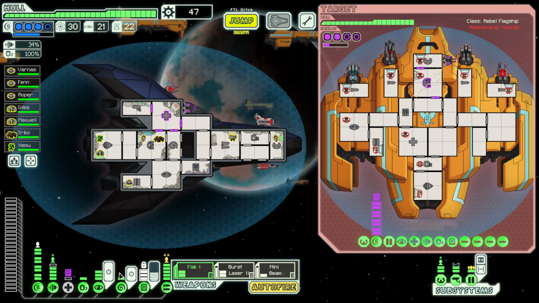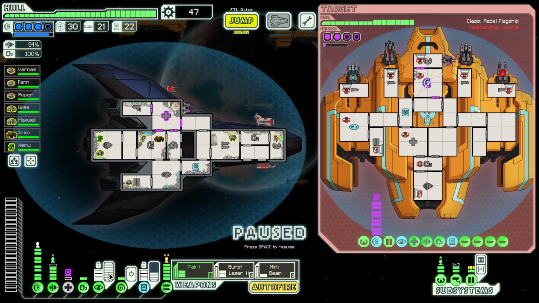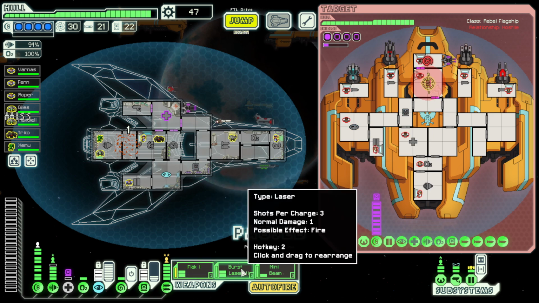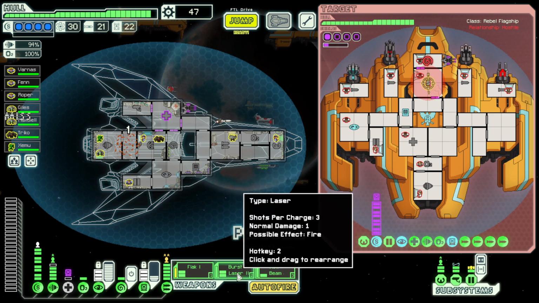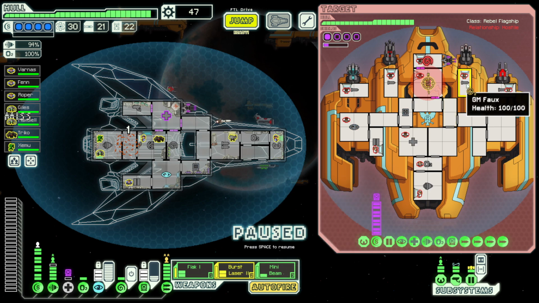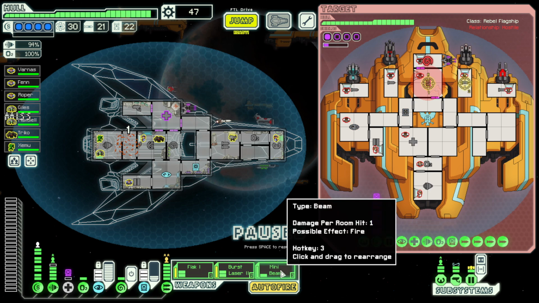Missiles are on their way, so we do want to avoid those. So naturally, even with that 94% dodge, it didn't dodge them all. It's fine. It hit a room for 1 damage. Not a big deal. We want to mind control the pilot. And now we're going to fire all of that black power directly at their shields. The burst laser is going to aim for their missiles. And the mini beam